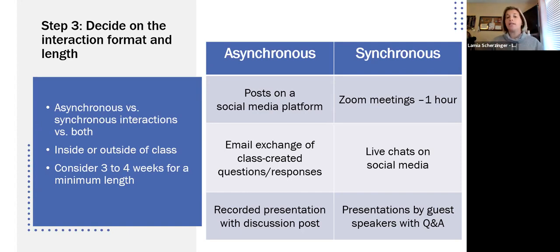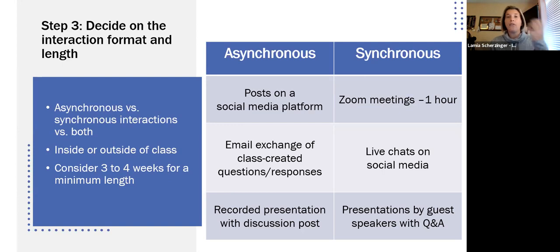And you can kind of look at the different ways that you can do asynchronous versus synchronous. And these can also be crossed between the types of classes. So for example, you can do a presentation and set it at a certain time. And I actually partnered this fall with one of our theme learning communities, our first year seminars for our freshman students.